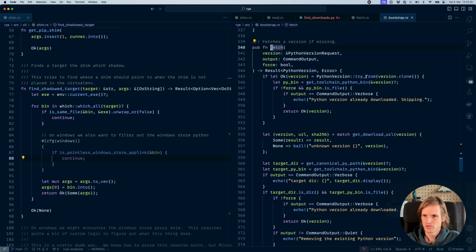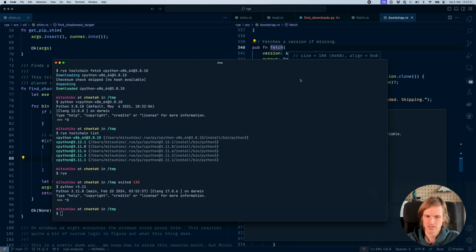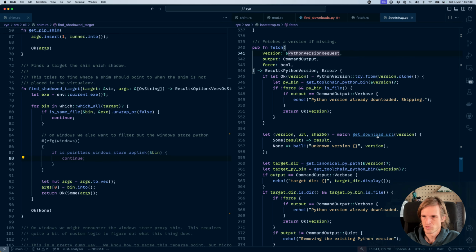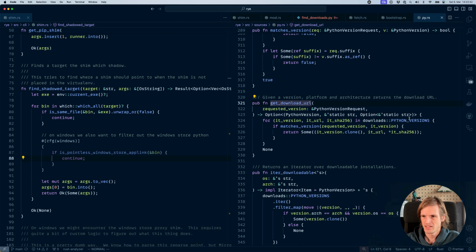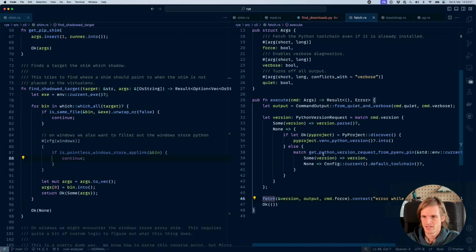And then it will try to resolve it into a full version, which is, it will basically take 3.11 and turn it into CPython 3.11.8, which is the latest one that it has available. And then it will go and get this download URL, where basically it iterates through all these Python versions and it checks if it's a matching version, and then it returns the resolved version plus